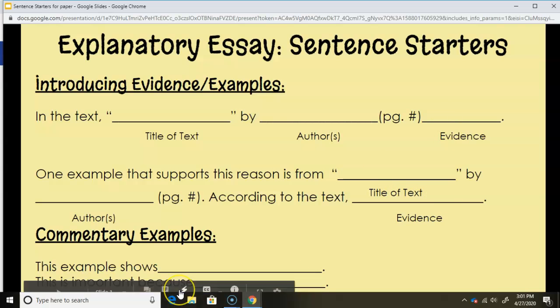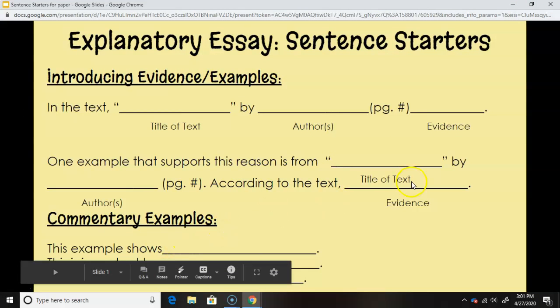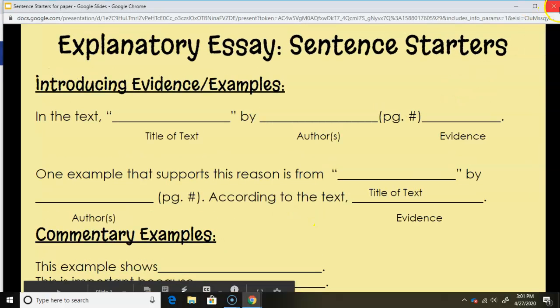Evidence goes right here. Now, when you're doing your commentary, there's a few ways you can do it. I told you about this shows that. But now, here, let's make this smaller. This example shows, this is important because, this shows that. It's covered up right now, but you'll be able to see it when you open it.